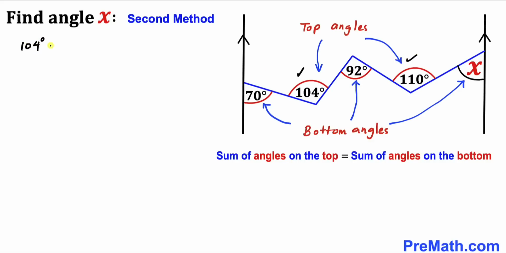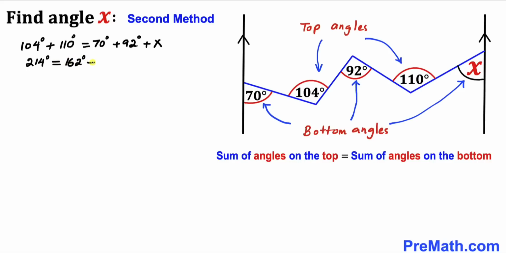104 degrees plus 110 degrees equal to, and our angles at the bottom are 70 degrees, 92 degrees, and x degrees. Let me go ahead and write down 70 degrees plus 92 degrees, and then angle x. Now let's combine the like terms on the left hand side. That's going to give us 214 degrees equal to